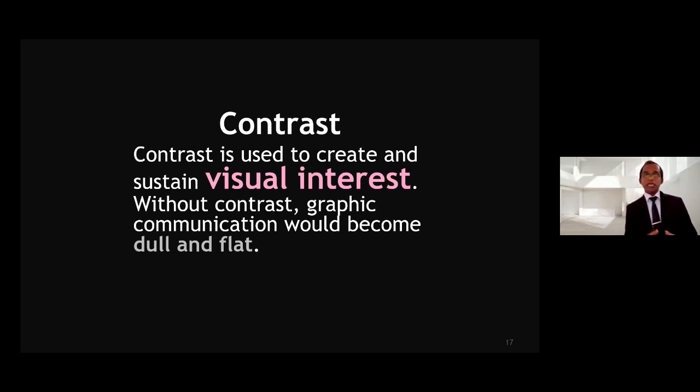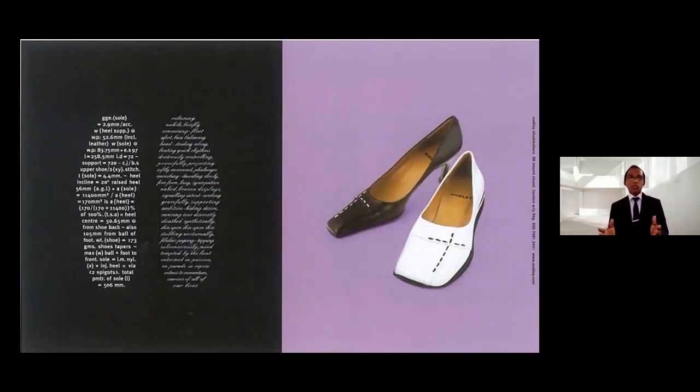In religion, when some people wear white and some wear black, contrast can be seen in a different way. That's one kind of color contrast. In this advertisement you can see both sides and the color contrast. It's not only that; we can also make text contrast in the presentation.